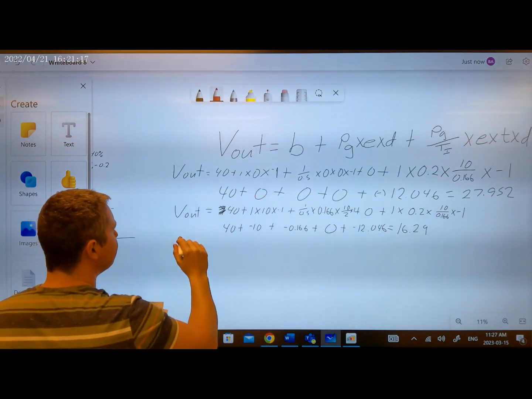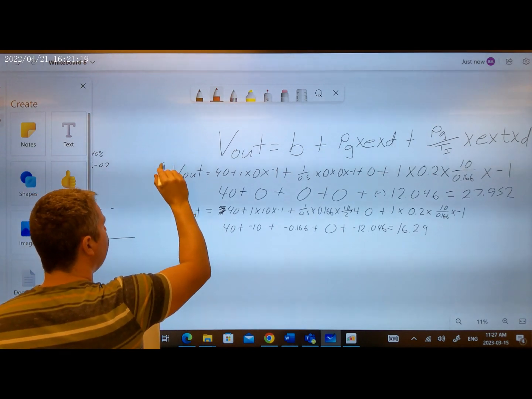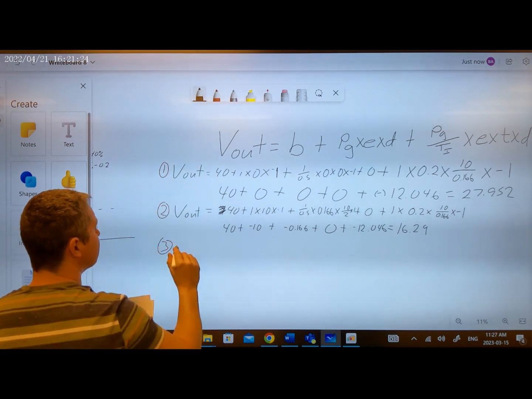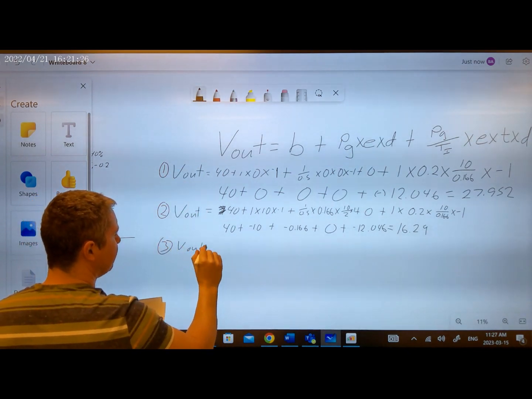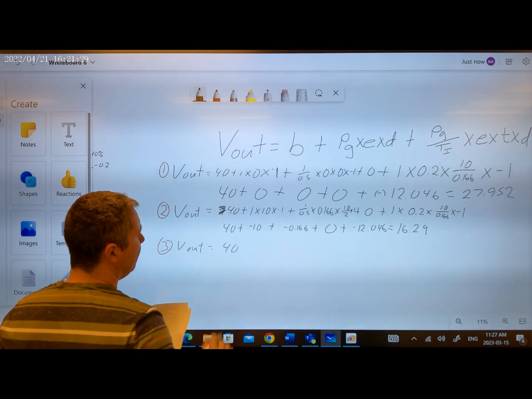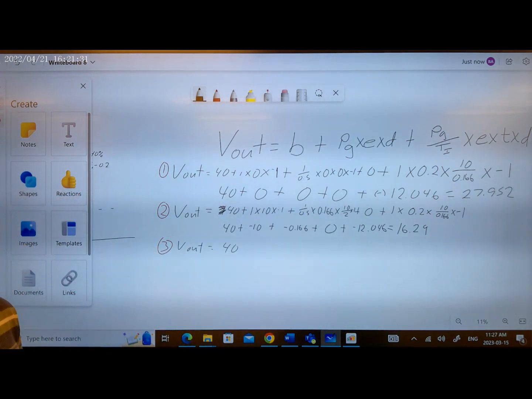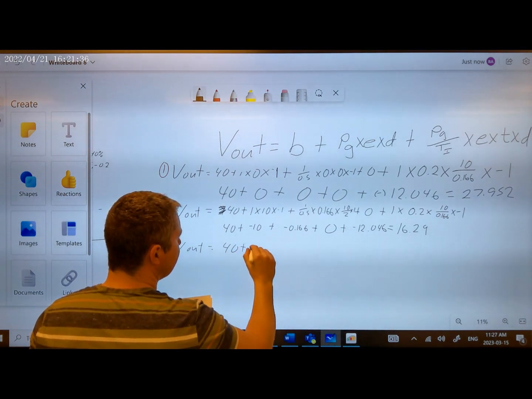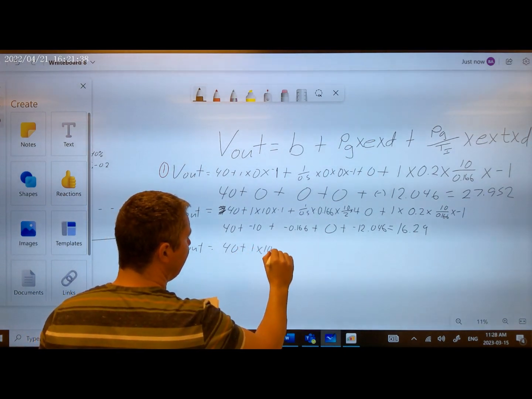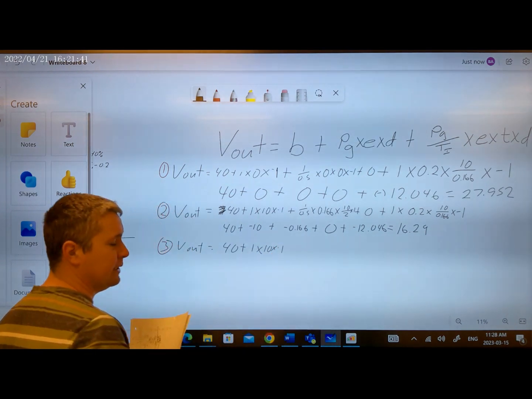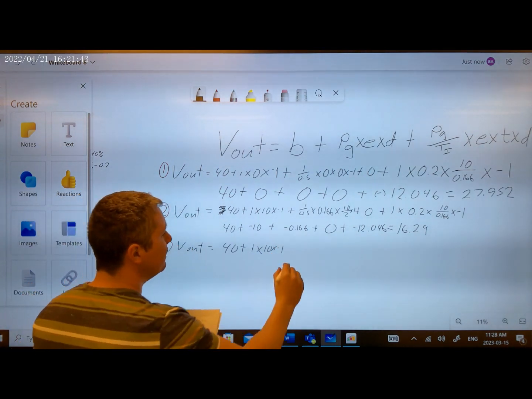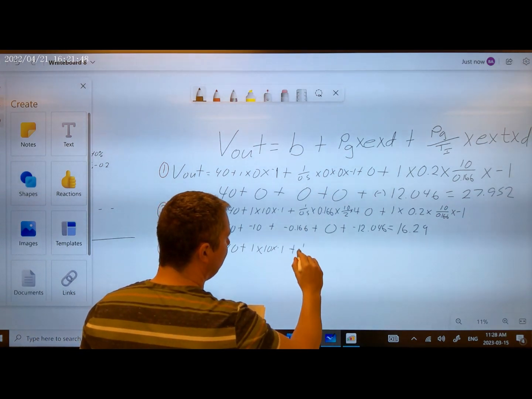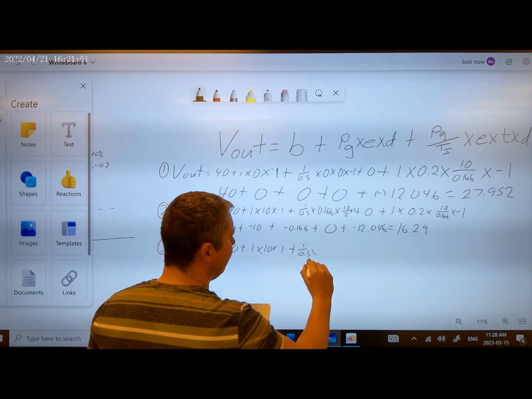So now, that was 1, 2, and 3. V out equals... we always have the bias, so we just always have to write it. 40 plus 1 times 10 times minus 1, that's our proportional. We have an error of 10 still, plus an integral of 1 over 0.5 times